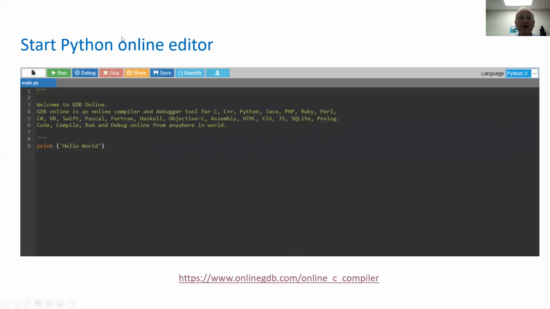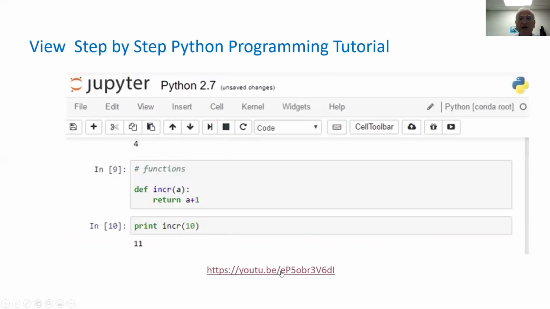As far as the tool of Python programming, we'll start the online editor by clicking on this icon, coming in here, and we'll see Python 3. Then we'll click on this icon. We'll take a look at the tutorial step by step for 10 minutes, showing us some basic skill set needed for programming artificial intelligence machine learning in Python.